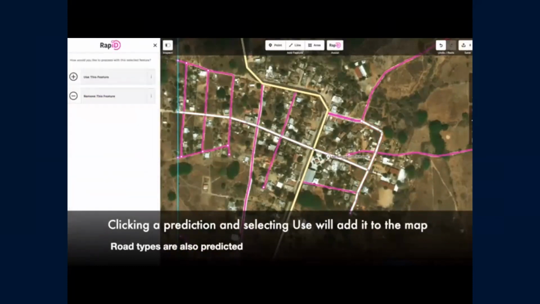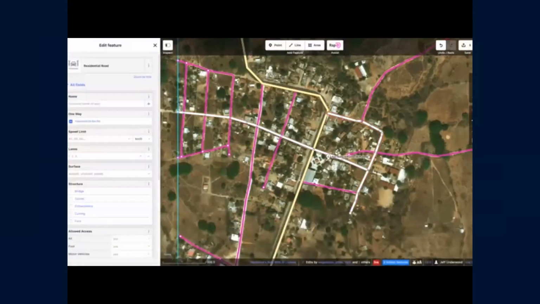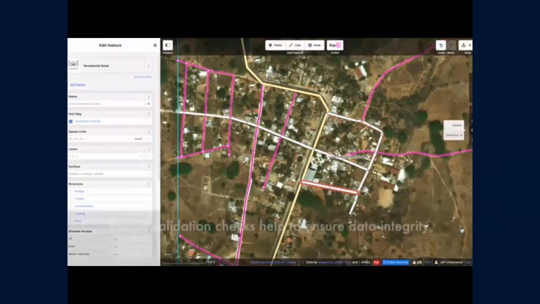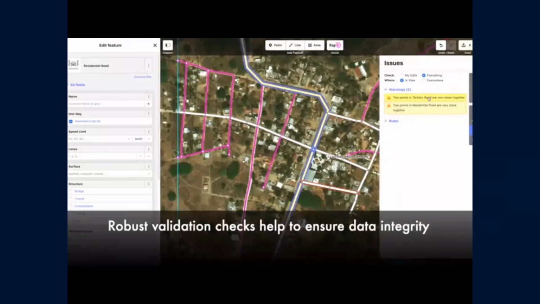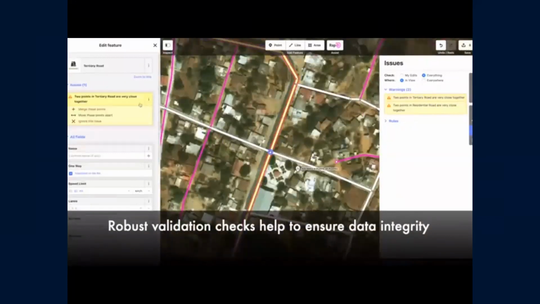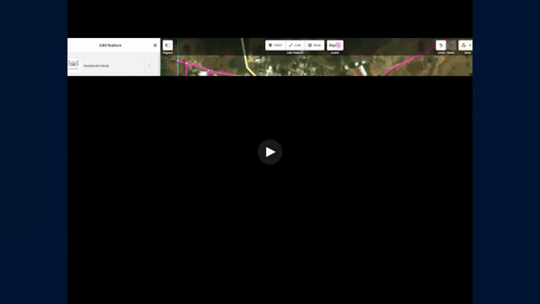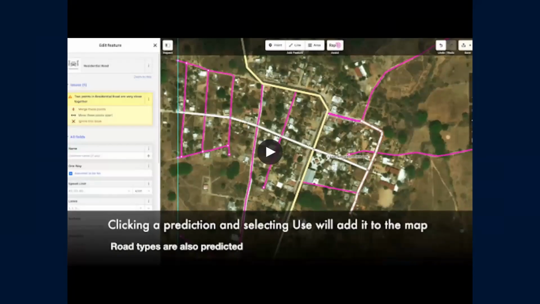So you can see that this user here, at about the same time as they were able to trace a single road, has been able to add 4 or 5 roads to the map without too much trouble. And finally, our rapid editor actually has some linting capabilities. That is to say, we do some pre-checking of the data that the mapper has added to the map to help fix any issues that they may have inadvertently introduced.